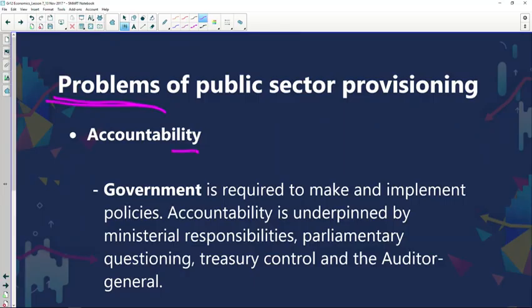The first thing that I want to discuss is the issue of accountability. Okay. So government is required to make and implement policies. So they make and they also have to implement the policies. So accountability is underpinned by the ministerial responsibilities, parliamentary questioning, treasury control, and the Auditor General. So I'm going to discuss all of this